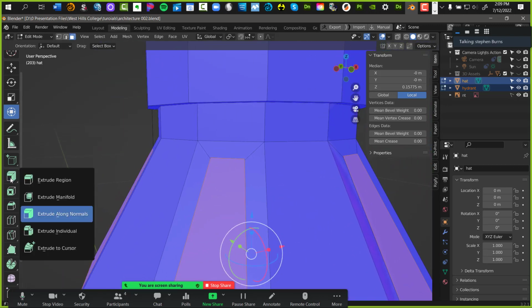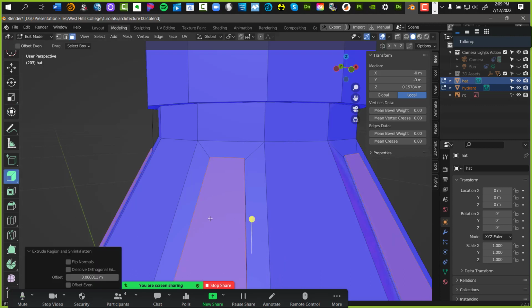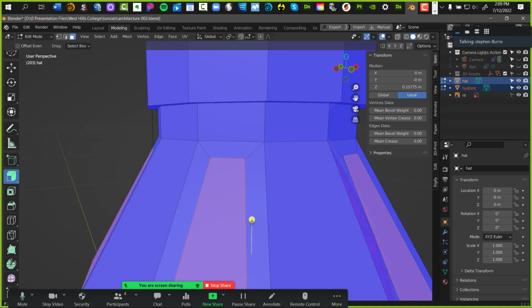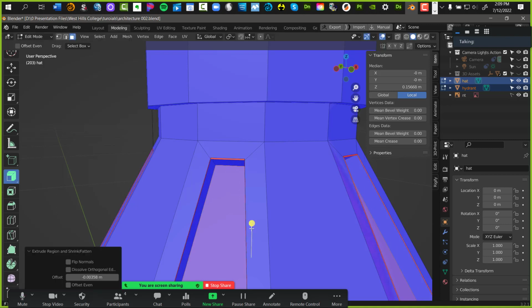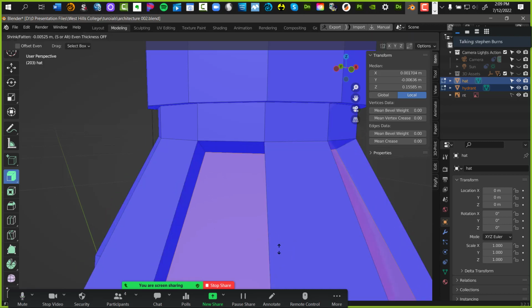Come back over here, get the extrude along normals. Oops. I did it again. Didn't mean to do that. Let me see something. There we go. We'll go that far. I think this is good enough.